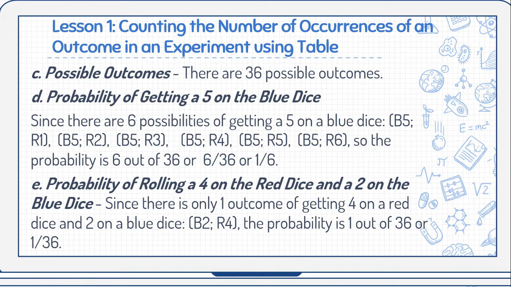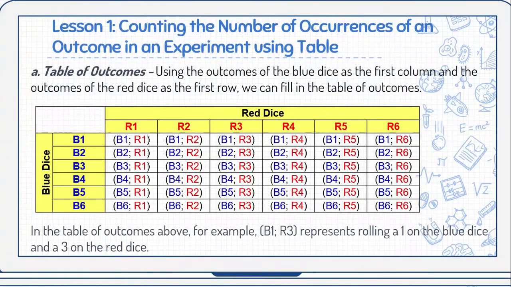Now, for letter E, probability of rolling a 4 on the red dice and 2 on the blue dice. Okay? Since there is only one outcome of getting 4 on a red dice and 2 on a blue dice, this one, we have blue 2, B2, and red 4 or R4, the probability is 1 out of 36 or 1 over 36. If we go back to our table, kung paano po natin kinuha, okay,